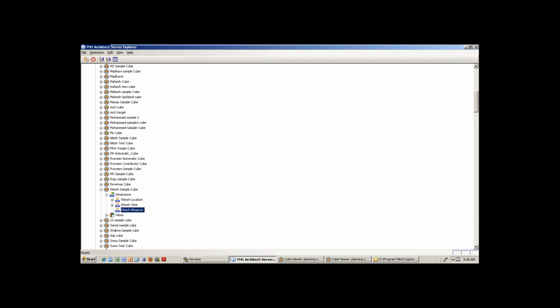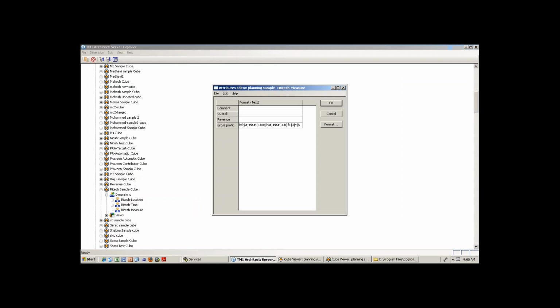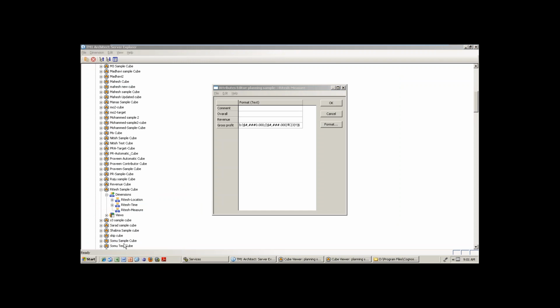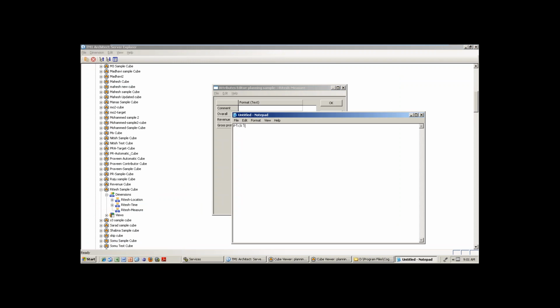So on the Ritesh measure, right click, edit element attributes. Here a very important thing is the pick list concept. There are three types of pick list: static, subset, and dimension.